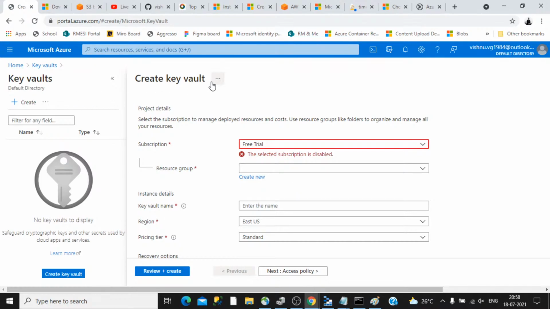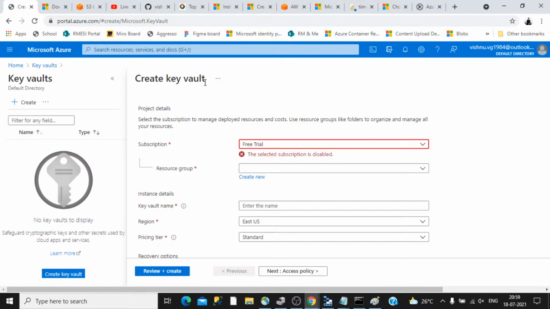This is a service from Azure that allows you to store particular configuration values or keys that you don't want to store in your application source code. If you store sensitive information with your application source code, there is a high probability that someone may read it and take malicious actions with that information. So the recommended practice is to store your keys in this Azure Key Vault, and your application should read from this Key Vault.